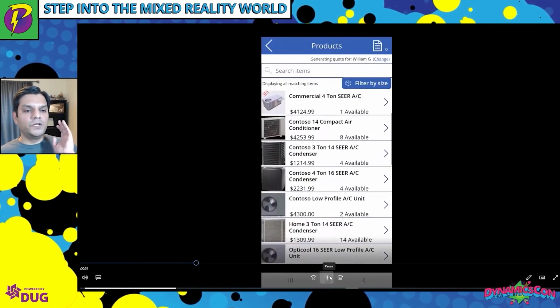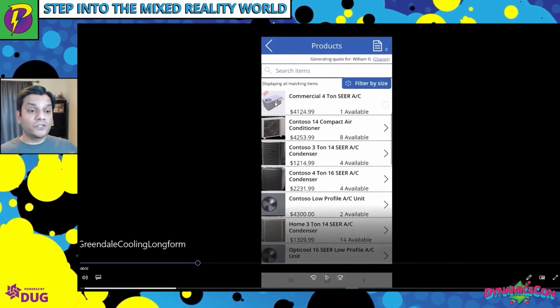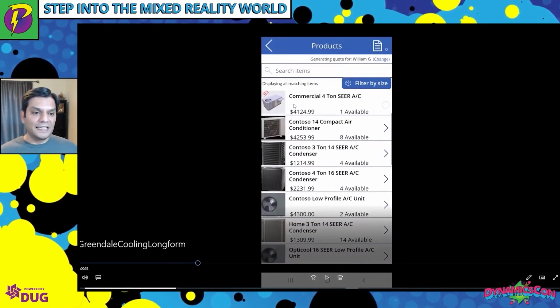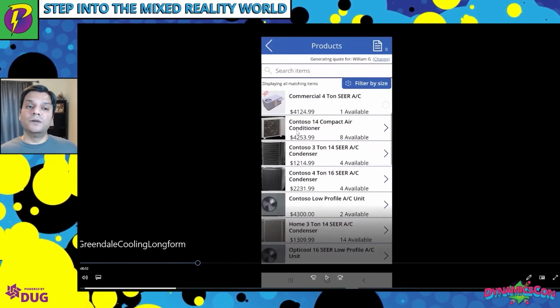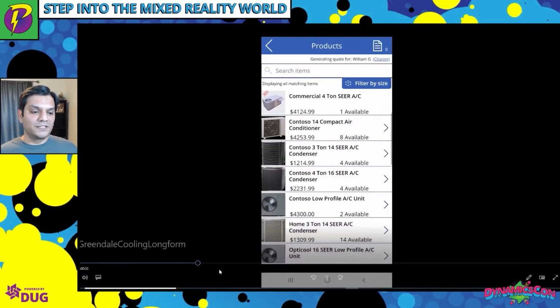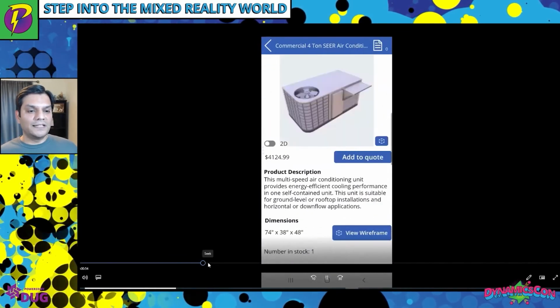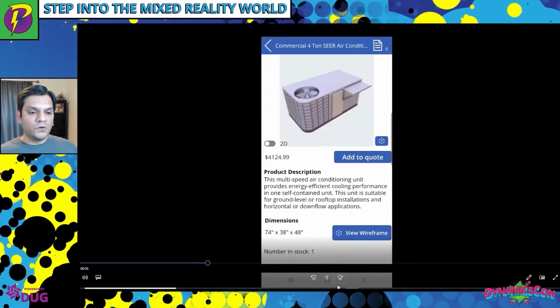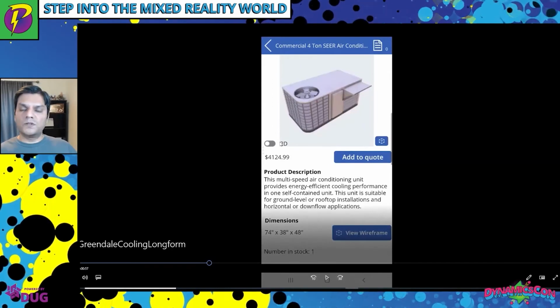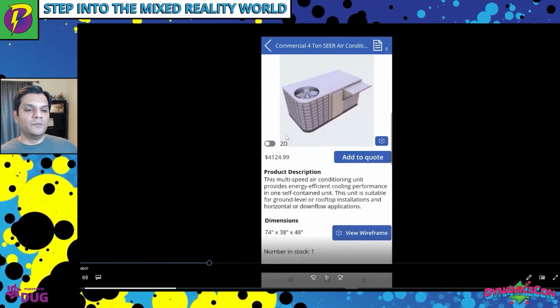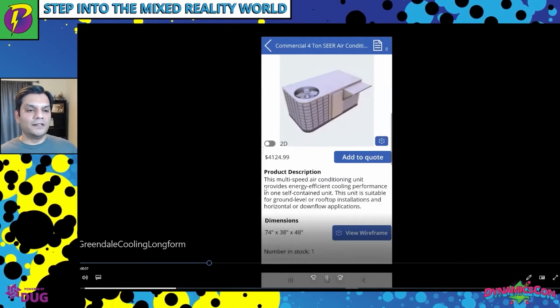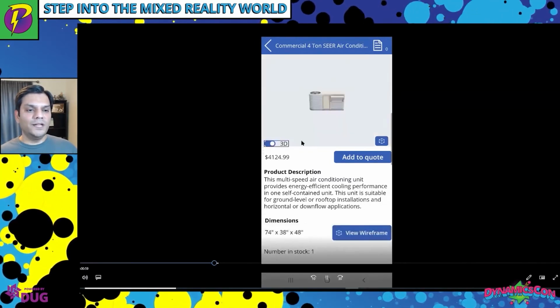In here, it's showing you all the units that you have. And it also has this section over here. Like in the gallery, there are all these images, but some images have 3D in them. Well, that's pretty cool. So let's take a look at what this 3D is. As I click on that 3D, there's a toggle switch, and this shows what the 2D image of that HVAC system looks like. But if you hit that toggle button, it immediately becomes 3D.